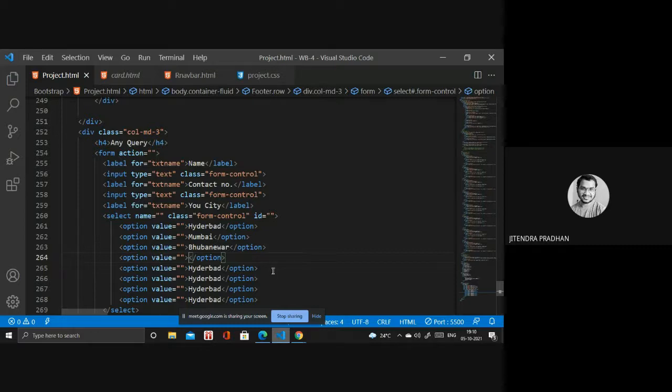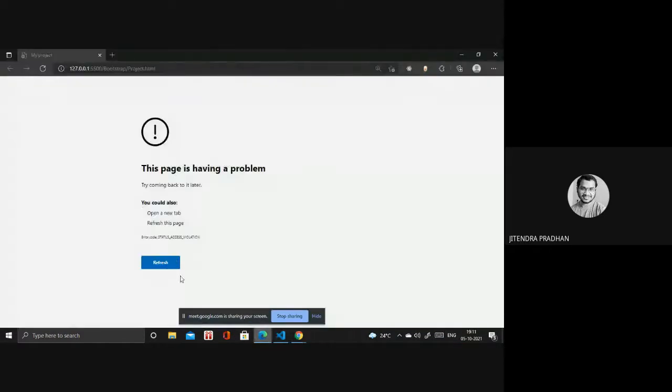Okay, so next we have Delhi. Next we have Bangalore, and Goa, and AP, Andhra Pradesh. I will write the shortcut inside. So next we have UP, and we have Kolkata. Okay, we're done with all the parts. Let's see how it looks.